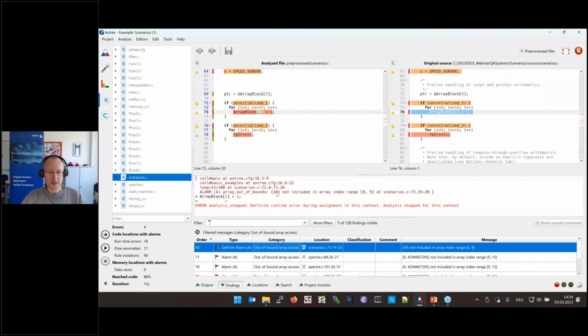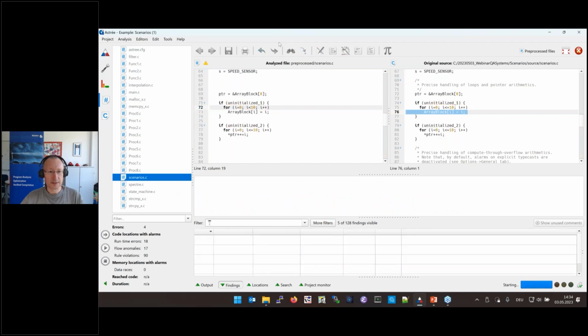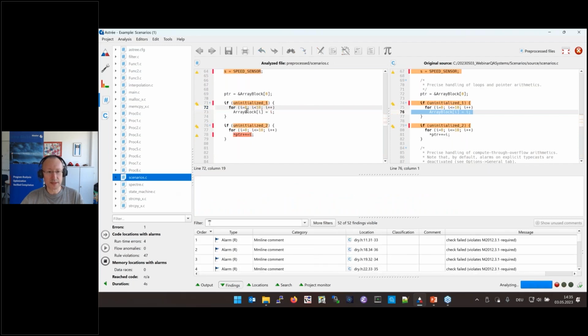Okay, and in this case, we see it's an array index out of bounds access. Yes, in this place, apparently we can access with index 10 here. Also, the tooltips confirm this, but the array block actually has only 10 elements. So yes, that's not good. The feasible indices range from 0 to 9. So obviously we have a problem here. And this is the typical C problem. We start at 0 and then should just run till smaller than 10. Well, let's just quickly fix it here. In the pre-processed code, I can rerun the analysis. And then we can already see, okay, this issue now has gone.